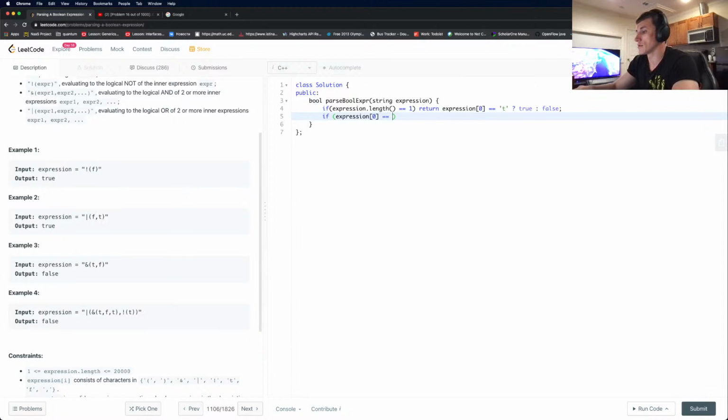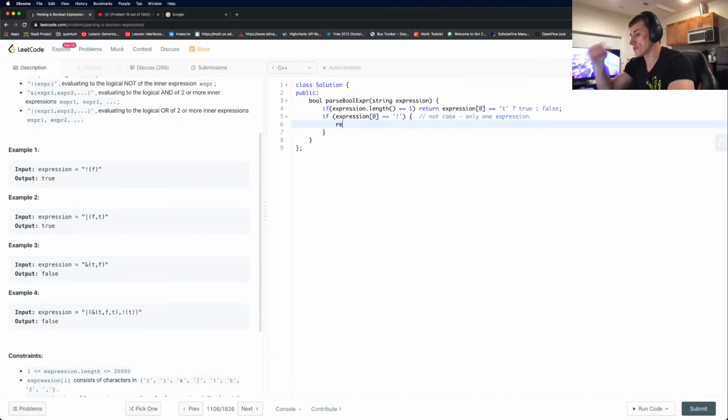Equals what? This, right? So it's the not case, only one expression, right? So then we say return